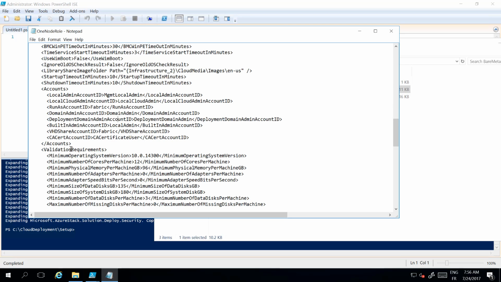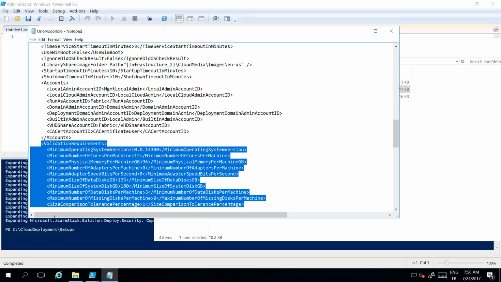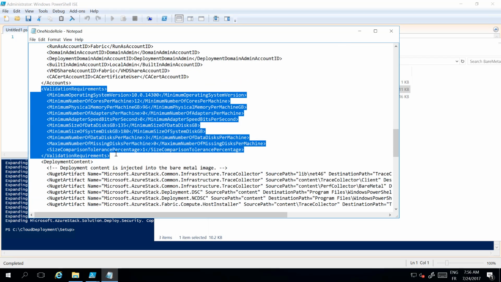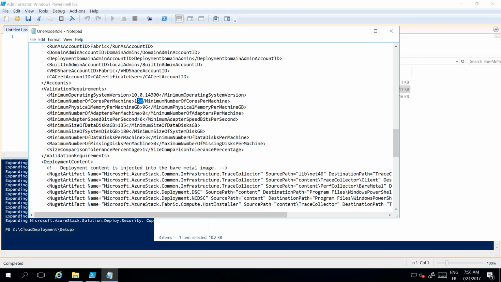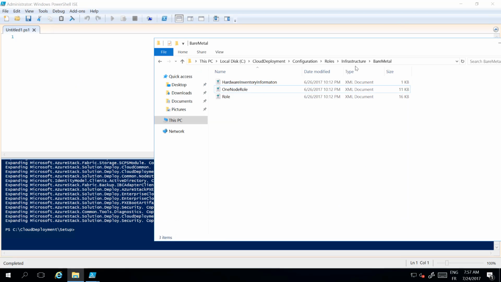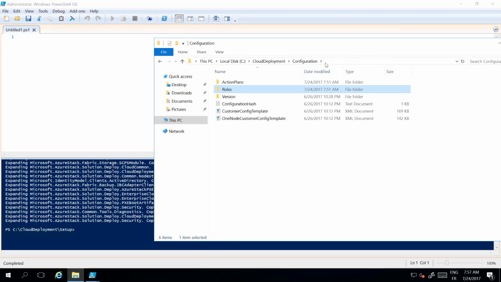Okay, and here we will have the validation requirement. For example, here we can modify the number of cores for the host or for the machines, the minimum required RAM or disk, etc. So this is one place to modify them, and the second place where we need to modify, let's go ahead